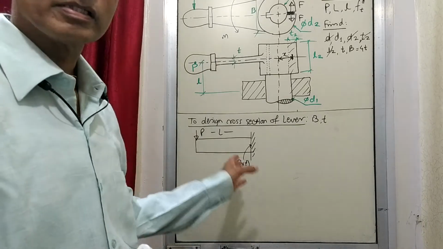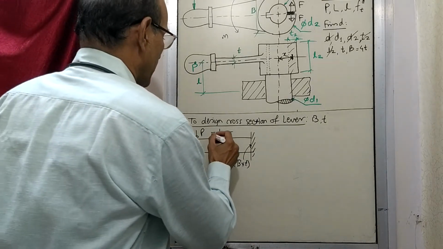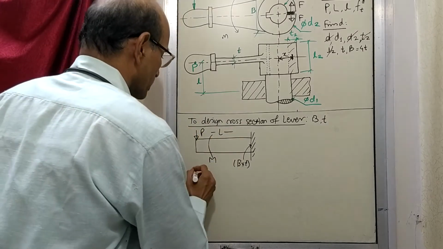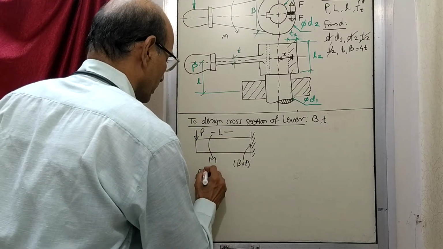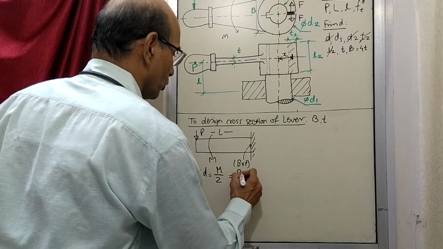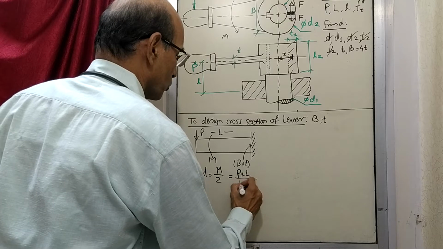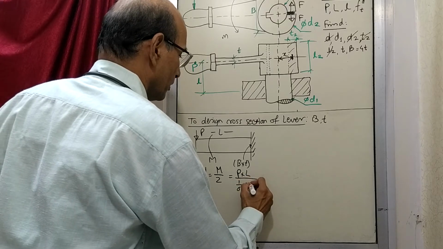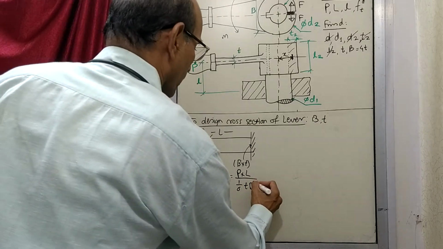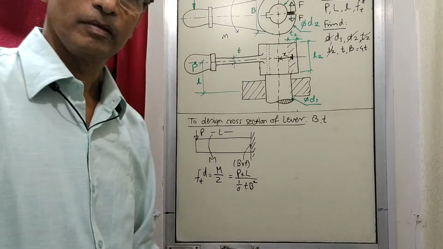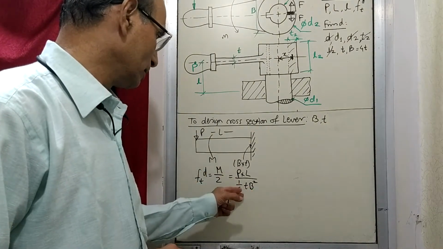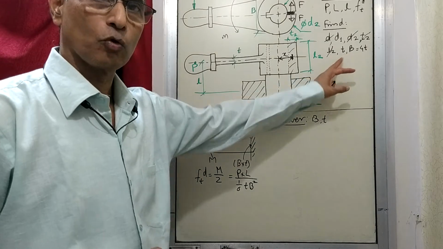Now how you will do this is very easy, because we know there is a moment applied M, and this moment is P into L. So the equation is Ft design is equal to M upon Z, where M is P into L and Z is 1/6 of TB square. Now this is a design equation, we have used this earlier also. So in this equation you will find B is in terms of T. So only T is unknown.